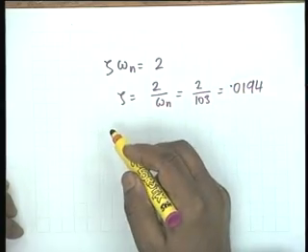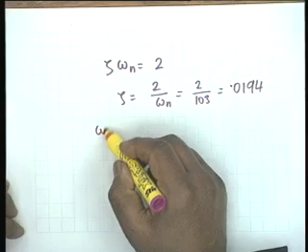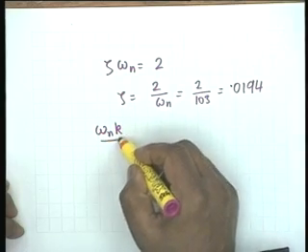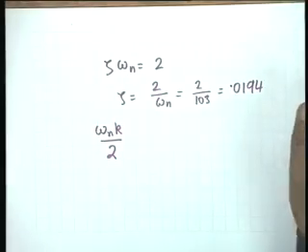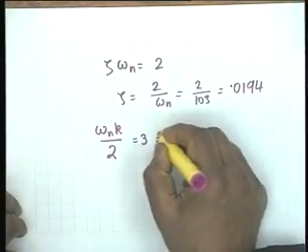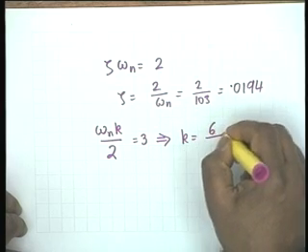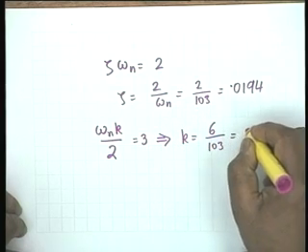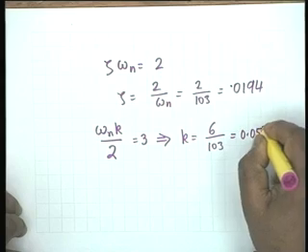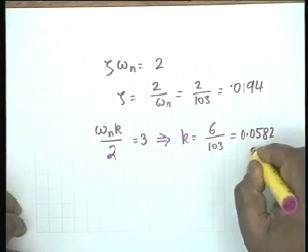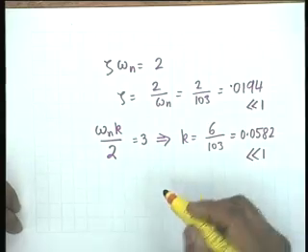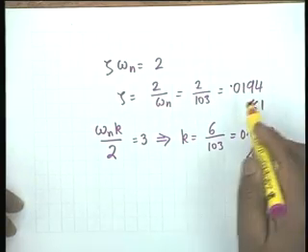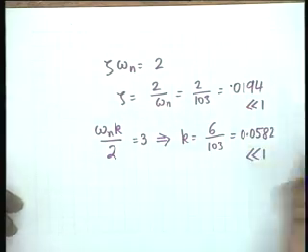We also need the value of k. K is specifically asked for and we know omega n k by 2 should be this distance 3. Okay. This is equal to 3, therefore k equals 6 divided by 103 and this is 0.0582, which indeed is much less than 1. This is also much less than 1 by 50. Okay. So zeta squared would be much, much less than unity.